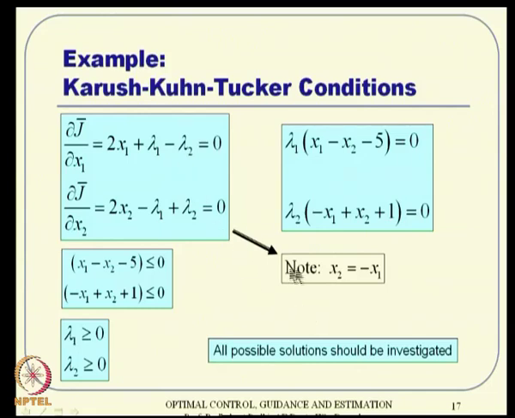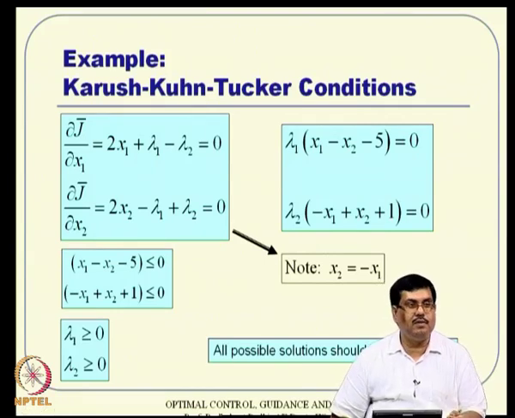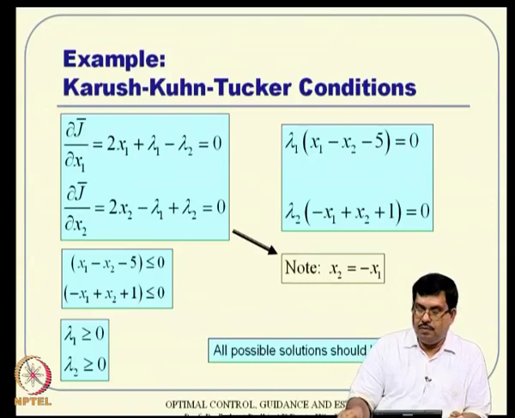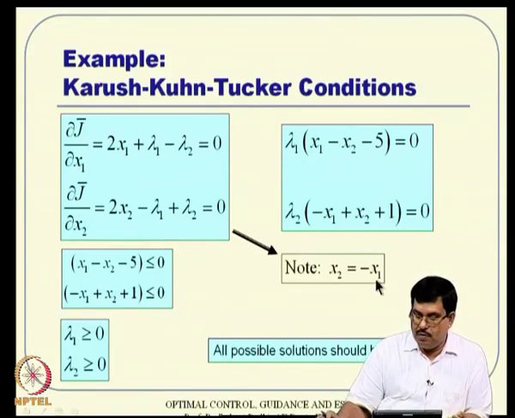Now, also very quickly you can observe that x2 is equal to minus x1 here. If I solve for x1 here, it is minus of lambda 1 minus lambda 2 by 2, and x2 here is the negative of that. So, x2 is equal to minus x1. That will quickly tell us whether to keep a solution or reject a solution, because if you know x1 and x2 have opposite signs, very quickly you can see whether it is happening or not. So, that is just an inference sort of thing.